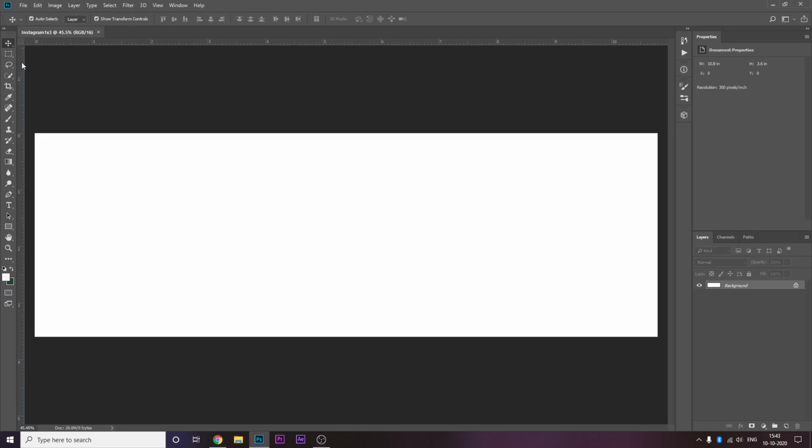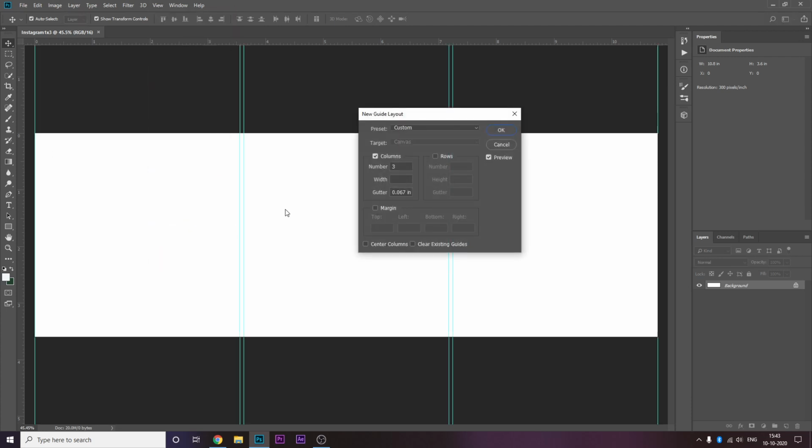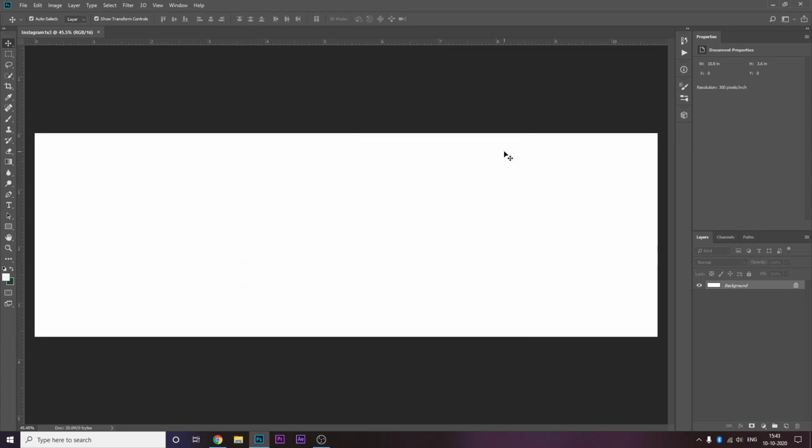If you see this, so the first thing that I do, I mean, there are different ways to do it. There is an option in grid and in new guide layout and doing this, but I personally don't like this, so I don't use this method. Basically, we need to create margins for ourselves for each post.